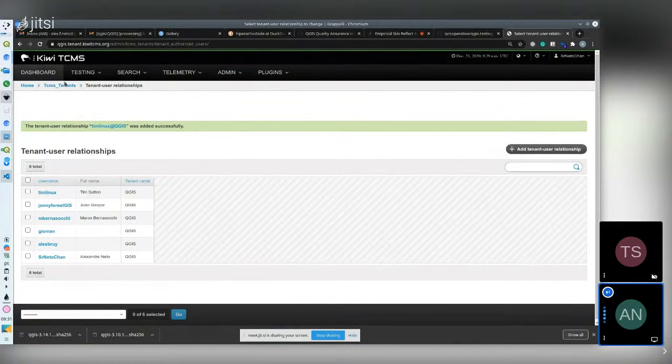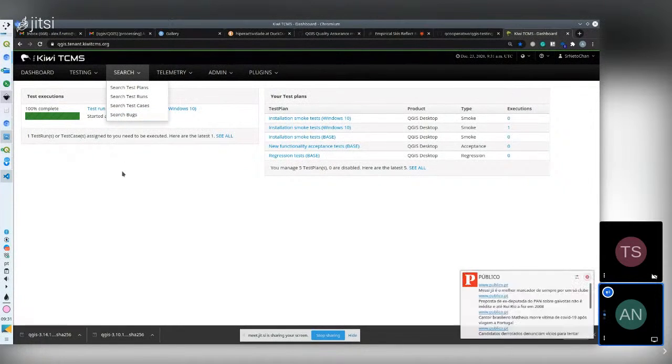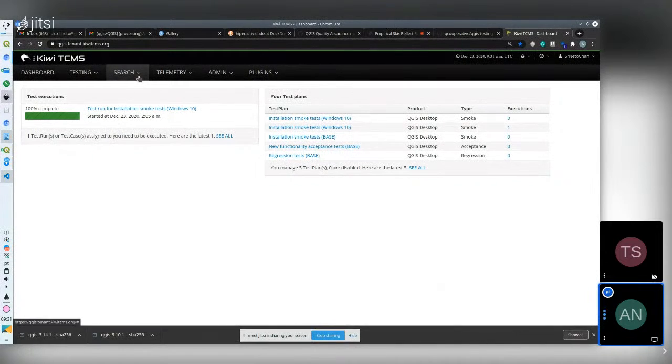So this is the look of Kiwi TCMS, and basically the important parts are here and here. The idea of this is, like I said, to describe test cases, so tests that people will have to do, and group them in test plans so that they are organized, and then we do executions. That's the three things that we have. Let me show you just quickly. So if we go to search test cases,